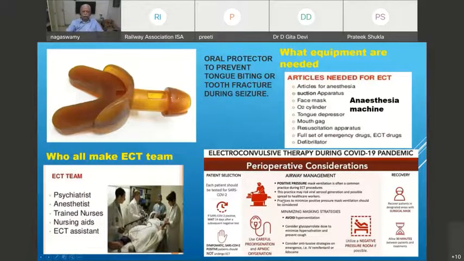After induction, you ventilate him for 3 minutes and then give the relaxant and hand over to the psychiatrist. So this practice may be causing virus aerosol generation. So you have to just allow the patient to keep breathing normally without any positive pressure ventilation or induce any cough. So minimize positive pressure ventilation, minimize masking strategies, avoid hyperventilation, consider glycopyrrolate if there is a chance of